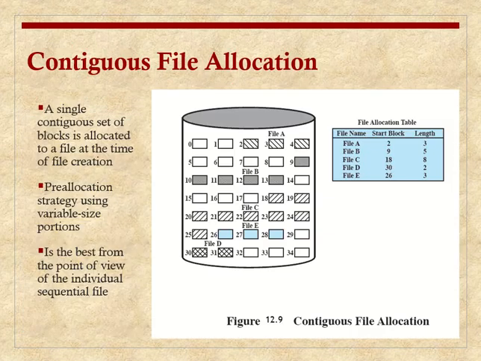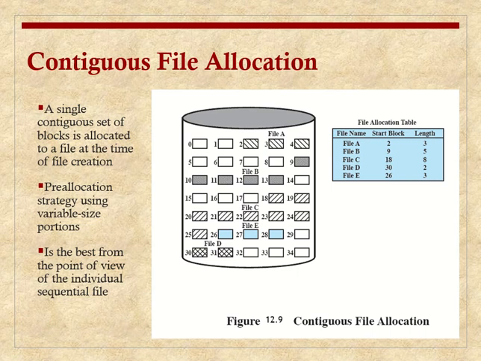The first one is contiguous file allocation. A single contiguous set of blocks is allocated to a file at the time of file creation. Okay, and it is best from the point of view of the individual sequential file. However,